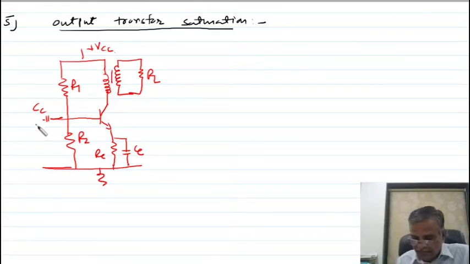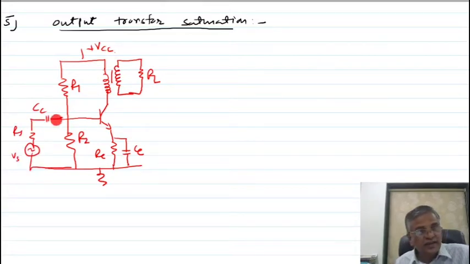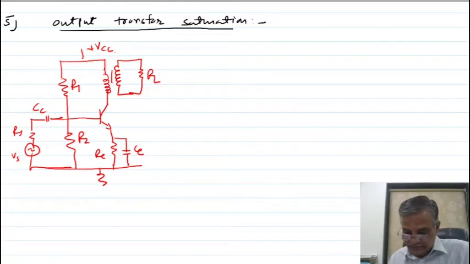Now I am applying the AC signal. As you apply the AC signal, base current changes, and as base current changes there is a collector current change. As the collector current changes, flux associated with the primary will change, and then flux associated with the secondary will change. Now what is happening? This resistance is very low, so a large value of collector current will flow. As a result, the Q point in terms of flux will come in the saturated region, which I am showing you in this graph.